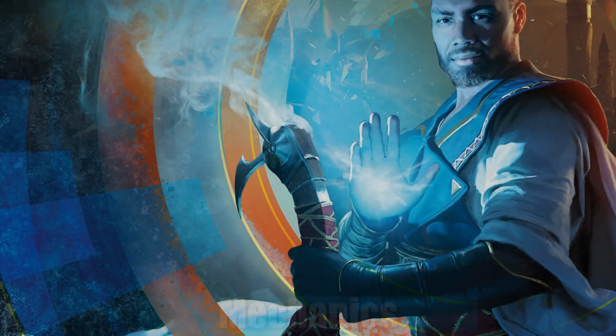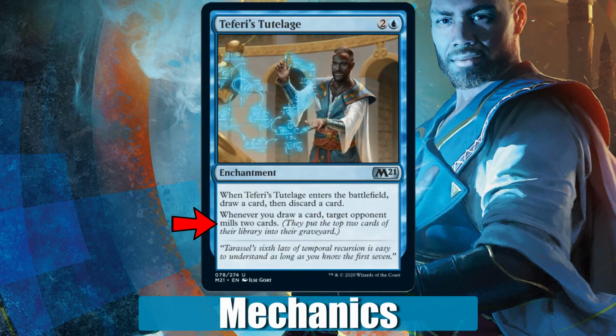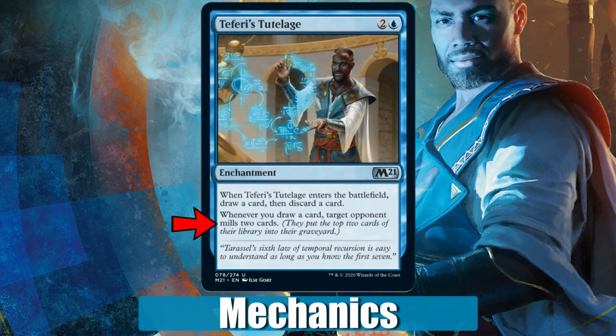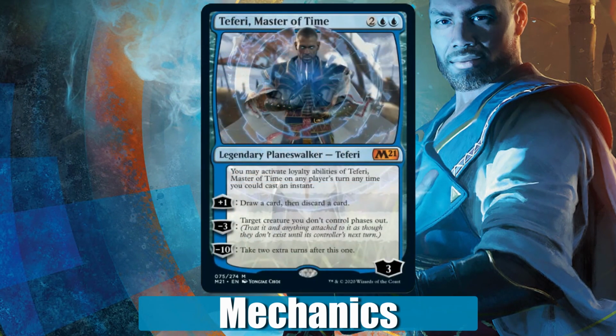With M21, we have no new mechanics, but we do have a new keyword. Mill is now an official keyword in the world of Magic, and I'm more excited about this than I probably should be. Also not new, but a mechanic that hasn't been around for some 20 years, Teferi brought back, and